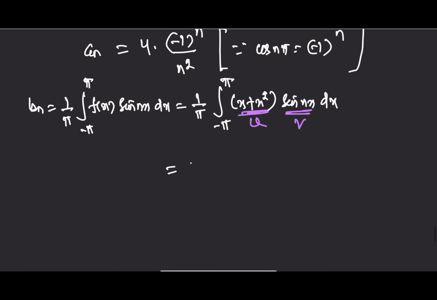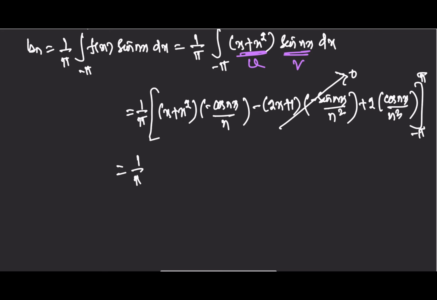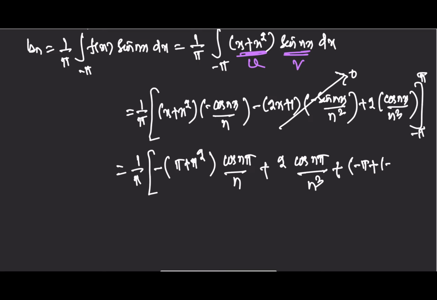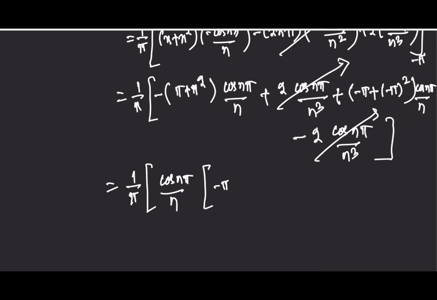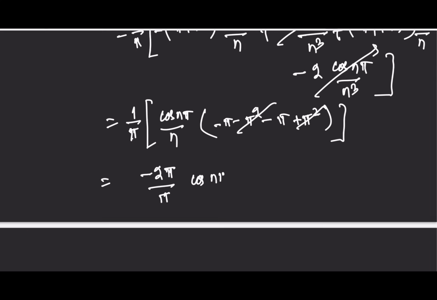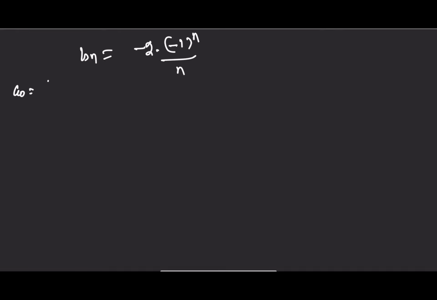Okay, so the integration becomes, take cos n pi by n common. From the Euler's formula, we got